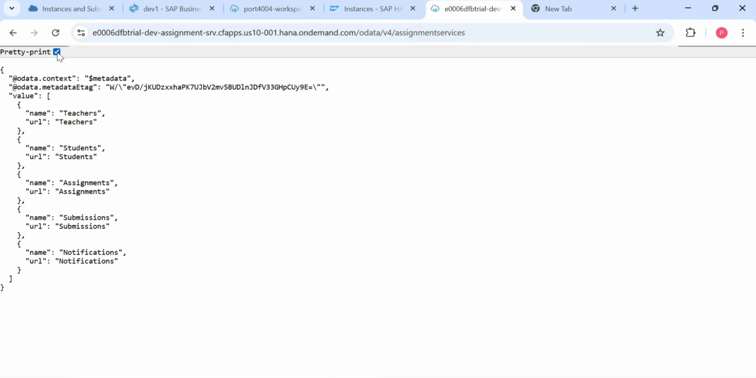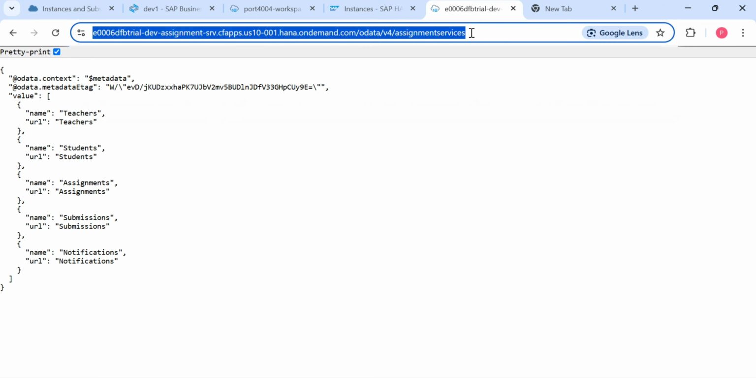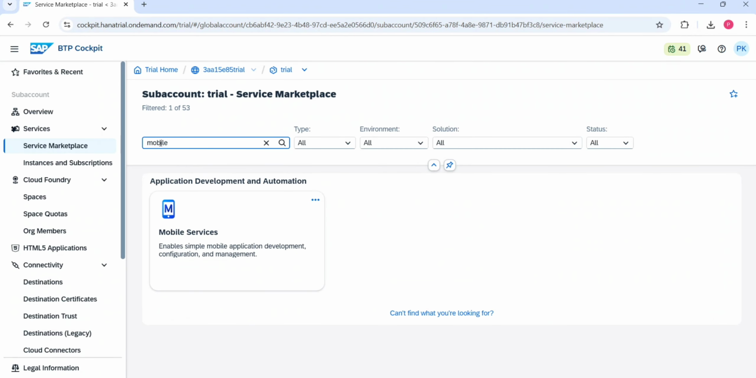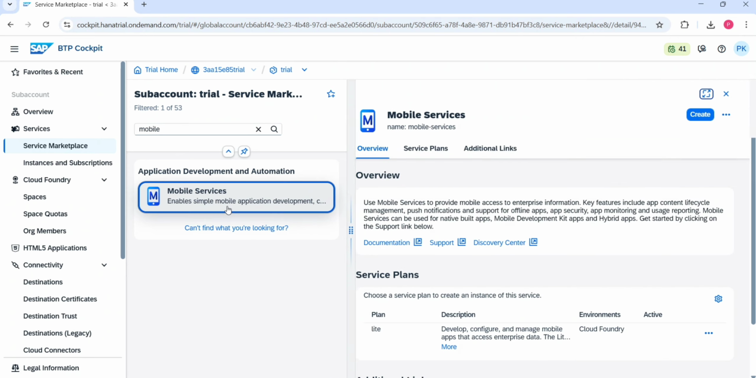So all the tables are coming here. Let's copy this URL. So first we should subscribe to the mobile development kit instance. So let's go to the service marketplace and just type mobile. It will show mobile services. Just create,